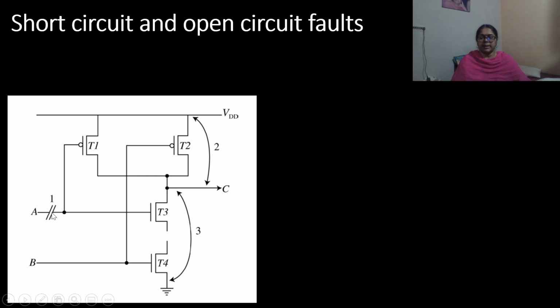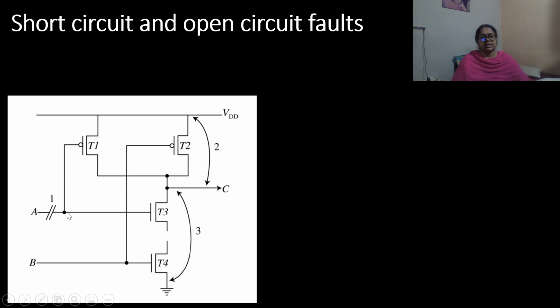So fault 1 disconnects the input A from the gate of the transistors T1 and T3. In such a situation, one transistor may conduct and another transistor may be non-conducting or in the off state. Thus, the fault can be represented by stuck at value of A. If A is stuck at 0, T1 will conduct and T3 will be off.